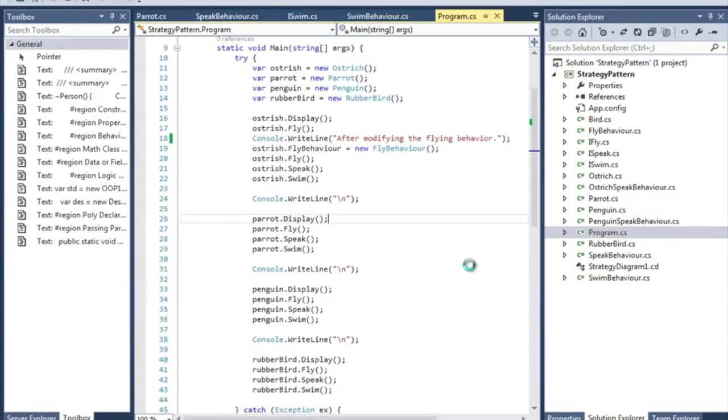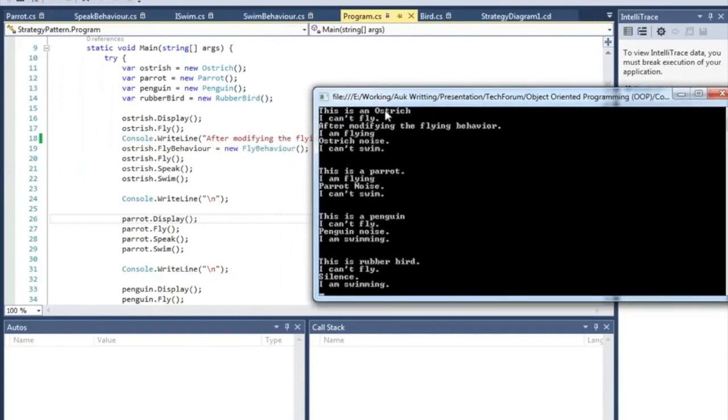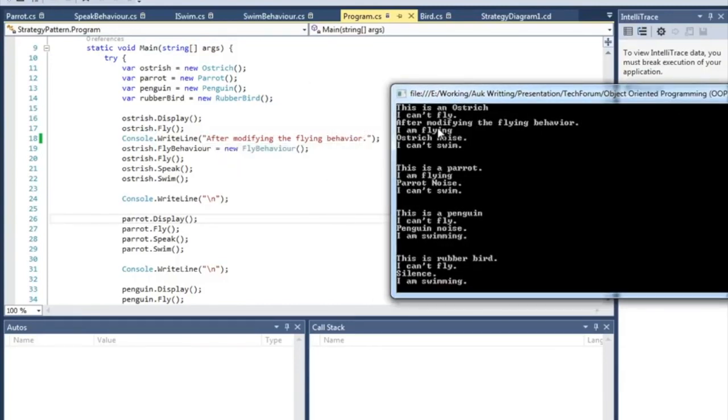Let's print it out and describe every line. This is an ostrich from this display line, and it cannot fly because in the flying behavior we have no fly behavior. After modifying the fly behavior, it's just a printing statement, and then I'm changing the flying behavior to the new flying behavior, and then it can fly. In the noise speak, it says ostrich noise, and for swim, it cannot swim.